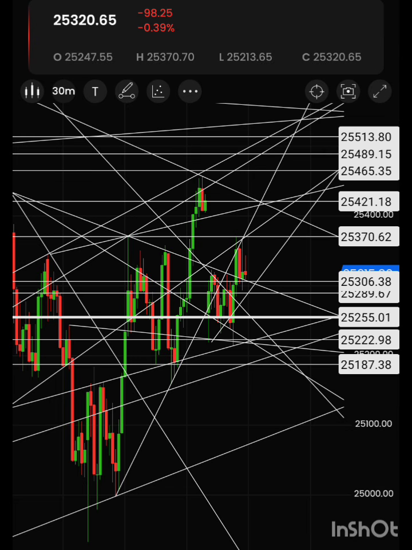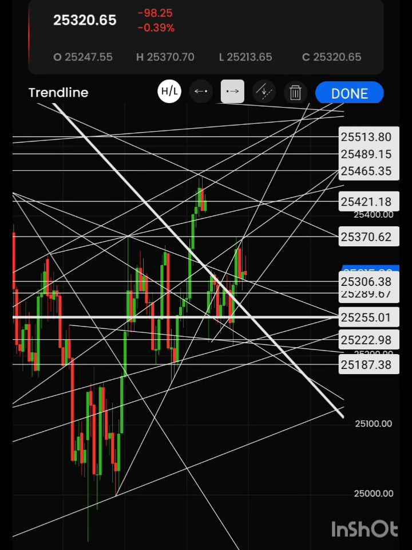On a closing basis we will mostly hold this, because the last day also we got a breakout, and after that Nifty had a gap down open, a huge gap down open, but still it recovered. In the live market, as I already mentioned, it's trading on the lower side, and it can bounce back towards the 25,320 range, and you can see the movement later on. The same happened because we got a breakout of this line. So now this support of 25,255 to 260 will be held on a closing basis, and that's the reason for this upside movement.